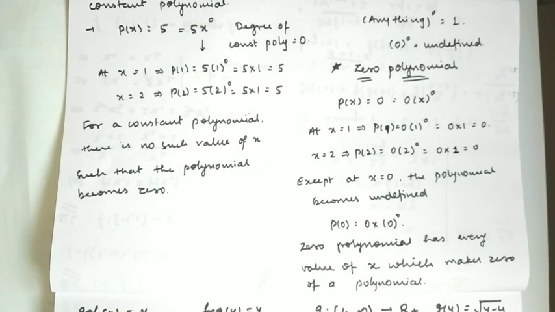x equals 1, 0. x equals 2, 3, 4, 5, 6. Every value of x will give me the 0 of a polynomial. So you can simply say in a single statement that every real number is a 0 of a 0 polynomial except 0. I will stick to that except 0, even though it is not given in your textbook. Your textbook says every real number is a 0 of a 0 polynomial. But I will stick to this because for me 0 raised to 0 is undefined, and every real value includes x equals 0 also. So we will not take this as 0.